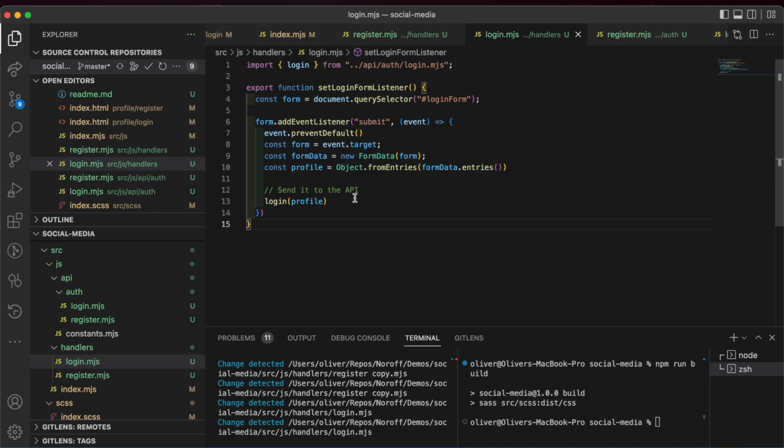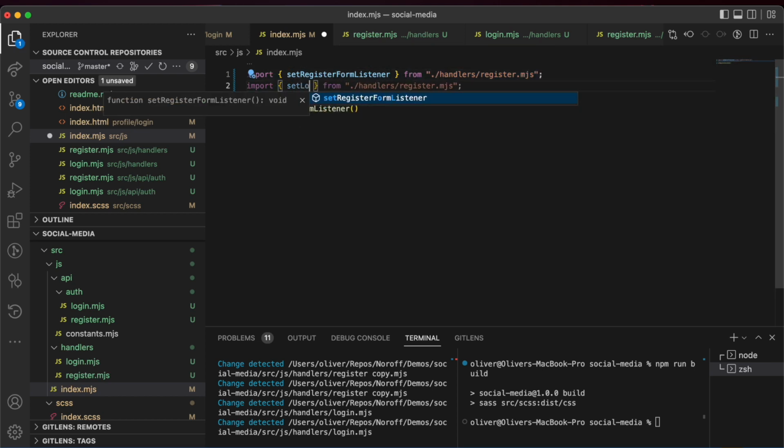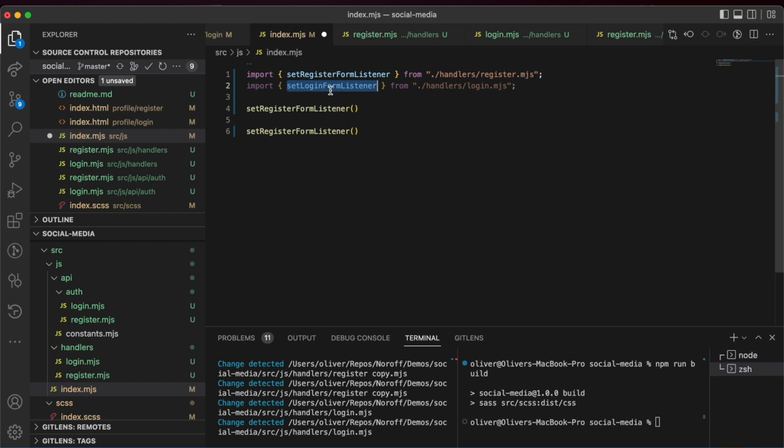Yep, happy with that. So now finally we can reference this file, set login. Okay, we're going to run into a problem here